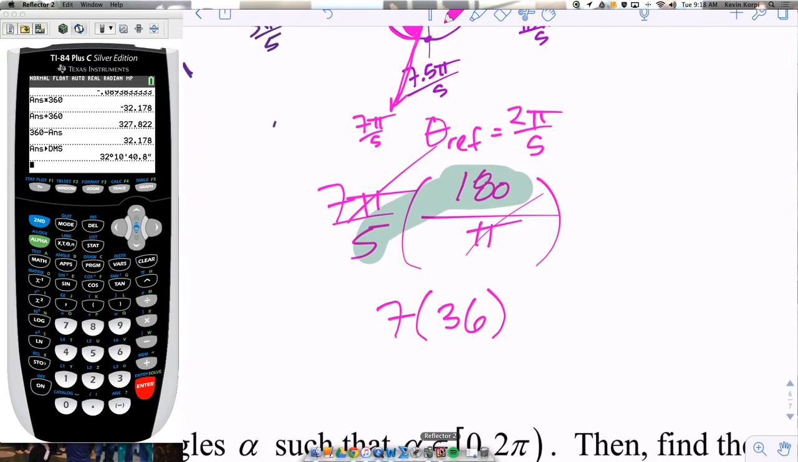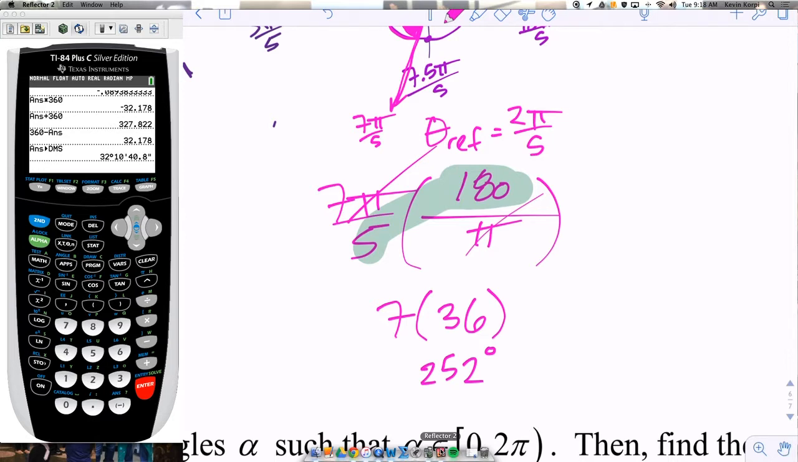And then 7 times 36 would be 252. So 252. And of course, you can do that with your calculator as well. Once your pi's divide out, don't type pi into your calculator because it's irrational. Realize they divide out. Just go to your calculator, 7 times 180 divided by 5, hit enter, and it'll give